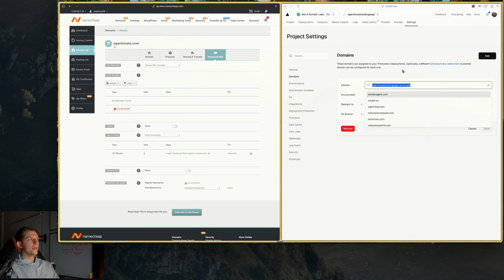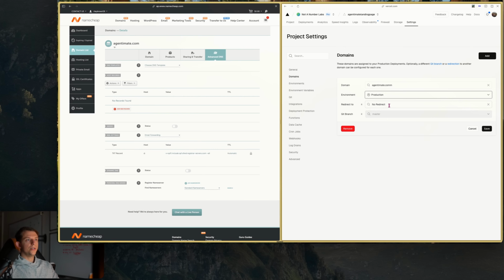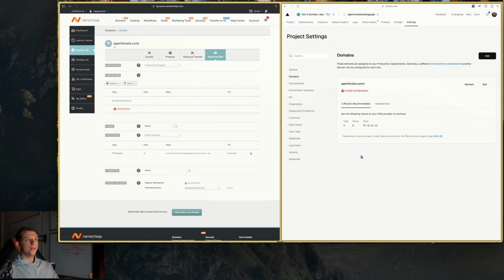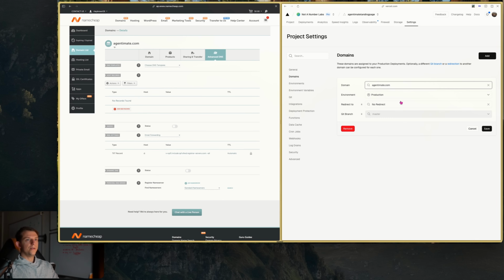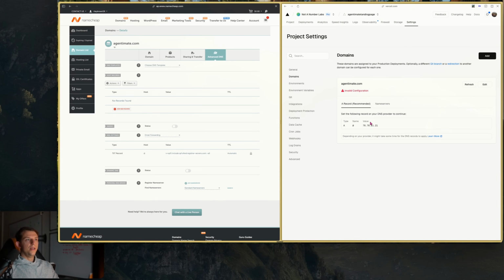And we're going to use agentimate.com. And this is production. No redirect, save. Wait, I did something wrong. I added an M after. There we go. Okay, save. Now it says set the following record on your DNS provider. And so this is an A value. And so all this means is it's a type A name at value